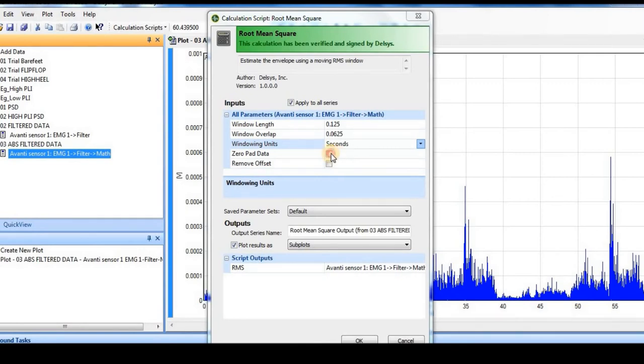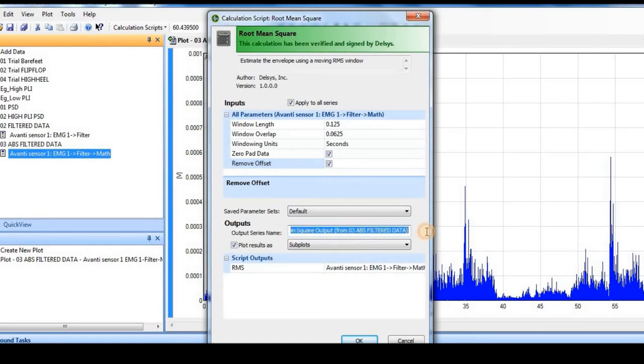So I am zero padding it, and we can remove the offset also, so that the baseline mean will be calculated and subtracted, so that we can fairly assume that the calculation will be done with the baseline at 0. There is no upward drift of the baseline.